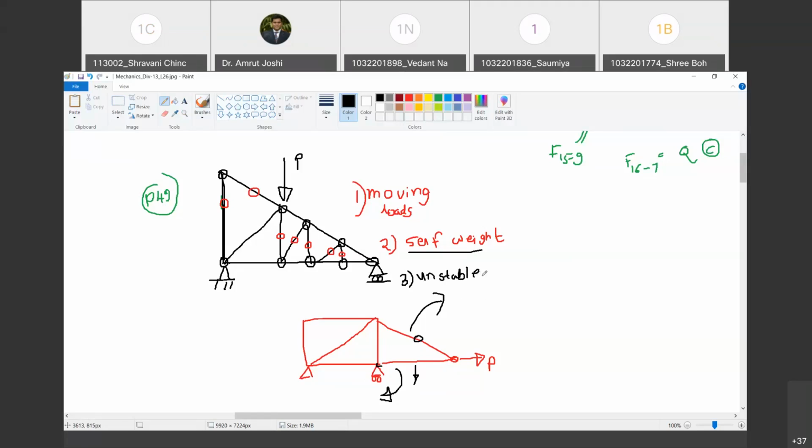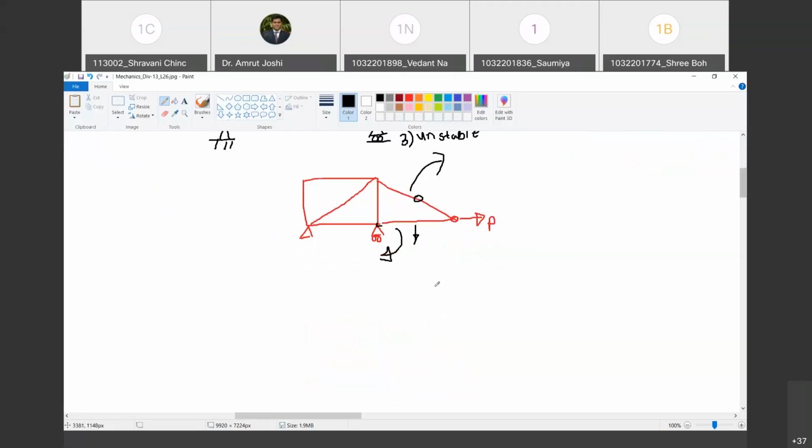So therefore, keeping in mind all these things, though the force in the member is 0, you cannot remove it. Are you with me? Yes, sir. Okay, you can minimize the number of locations where you are going to have zero force members, so that you do not spend a lot of material on a trivial member. Happy? Yes, sir. Okay. So now let us consider one more example and let us try to apply these 3 rules there. This is the last example in trusses that we are going to consider. Are you with me? Yes, sir.